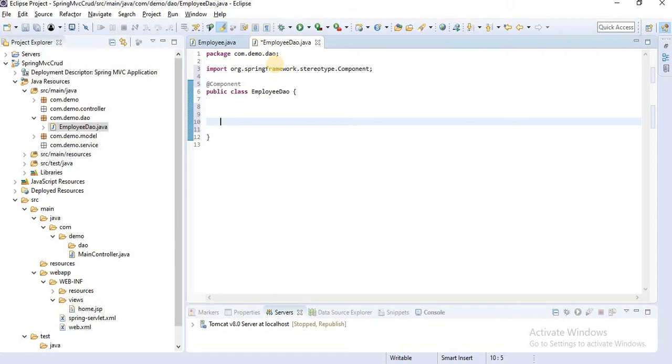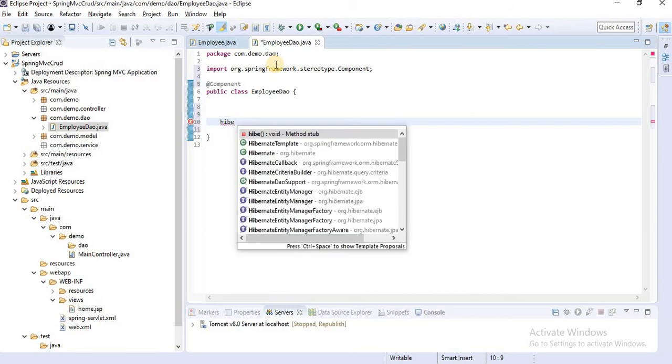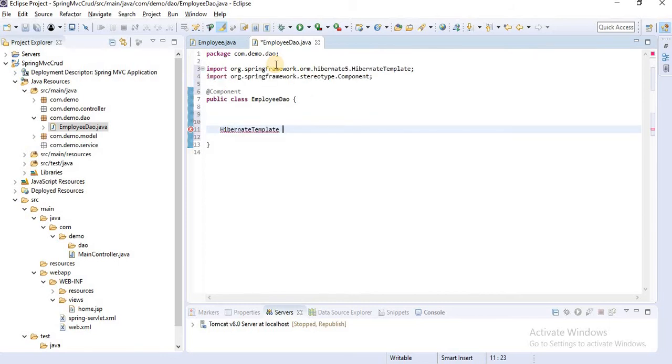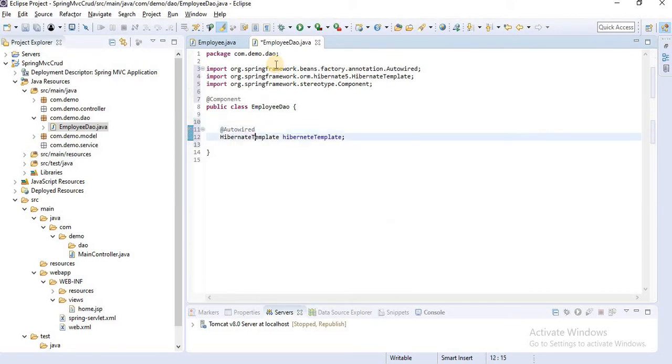Here we are using Hibernate template. Create a HibernateTemplate variable with a small h and @Autowired. Okay, let's define the required methods.